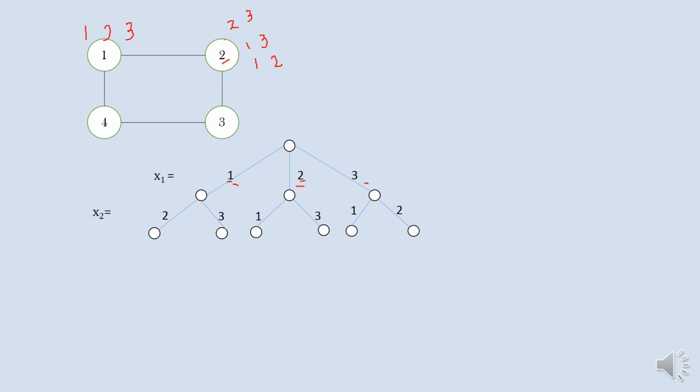At the next level, we are going to choose a color for vertex 3. And vertex 3 is adjacent to vertex 2. It is also adjacent to vertex 4, but right now we have already colored vertex 2, so this color we have to look at, whereas vertex 4 has not yet been assigned any color. So we need not look at vertex 4.